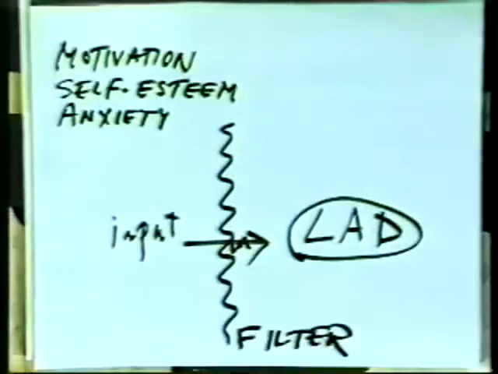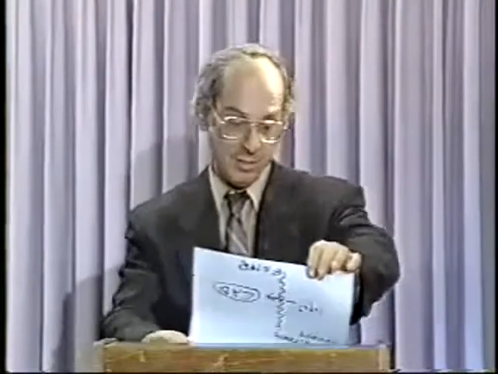This explains how it can be that we can have 2 children in the same class, both getting comprehensible input. One makes progress, the other doesn't. One is open to the input, the other's closed. Let me now try to summarize everything I've said in the last 10, 15 minutes or so, and I'll summarize it in one sentence, and we'll wonder why it took me that long. We acquire language in one way, and only one way, when we get comprehensible input in a low anxiety